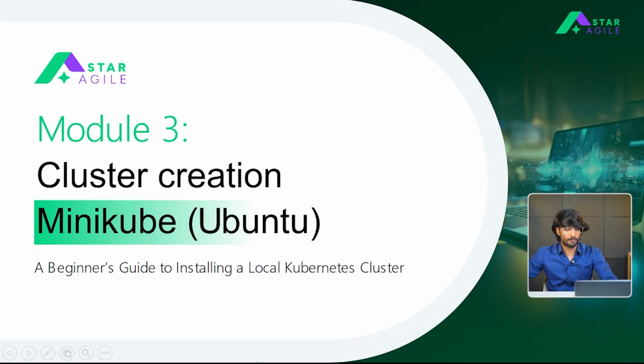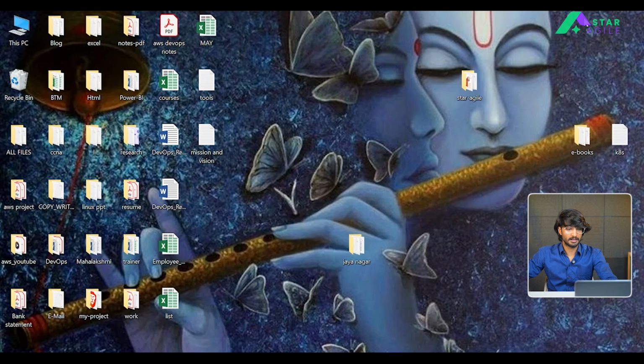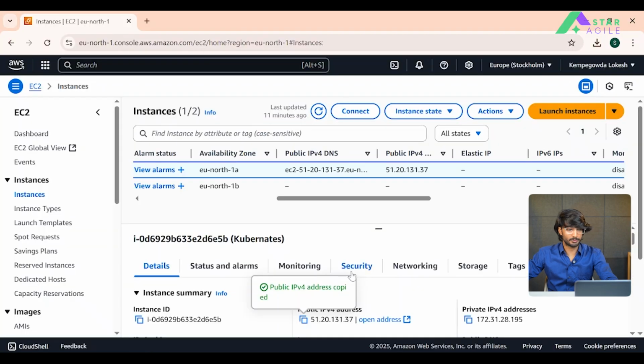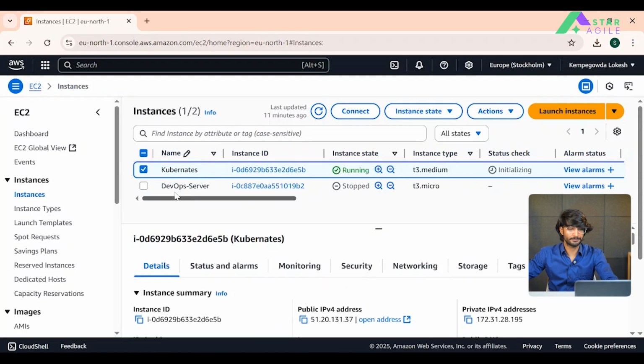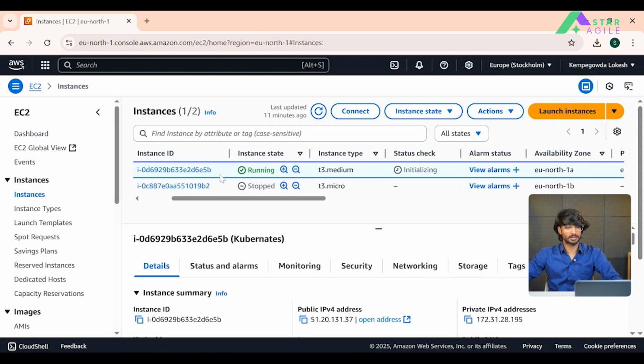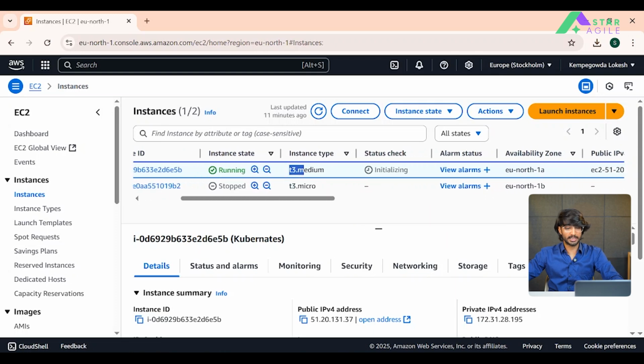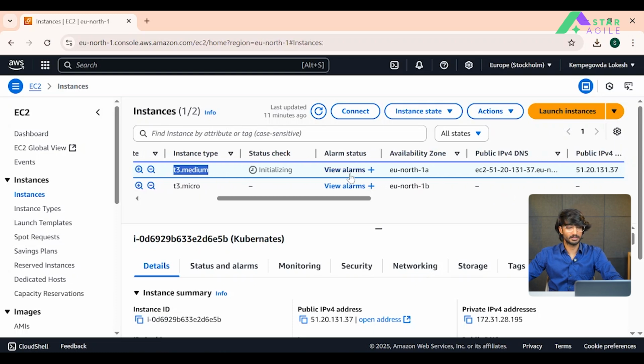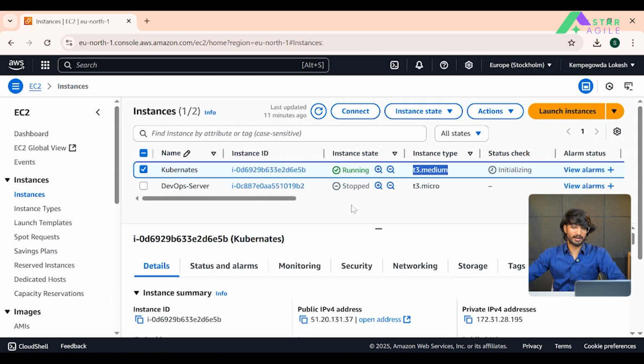So for my third module, I'm going to launch a server in AWS, and as you can see here, I have launched the server for Kubernetes using a T2 medium instance type with 20 GB of hard disk space.